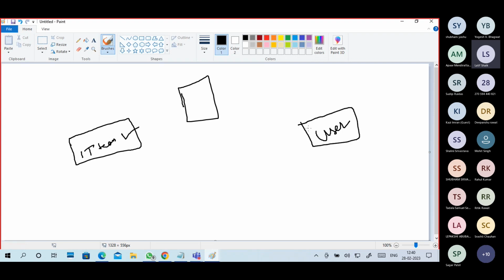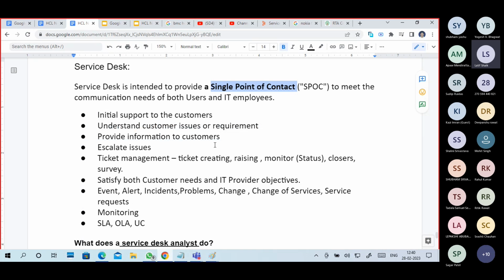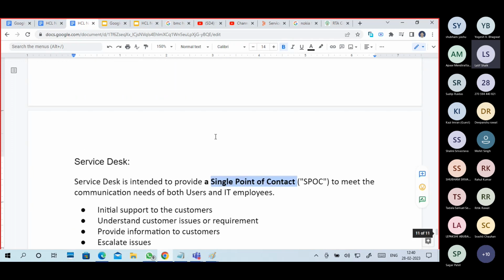There are different kinds of things, and each case is different. So this is about your service desk.